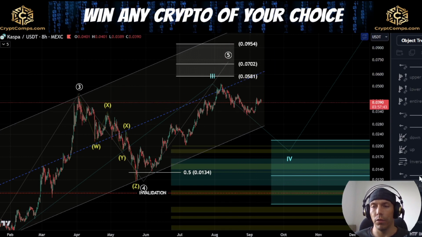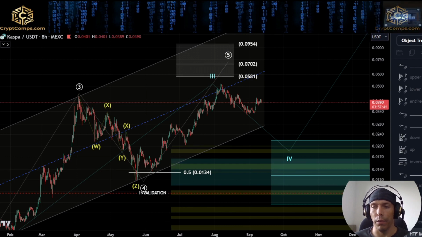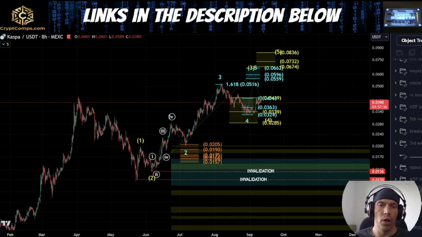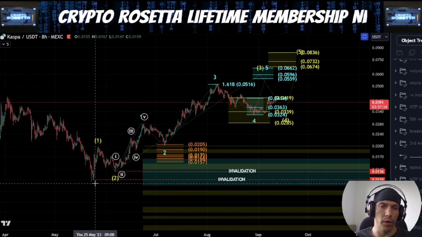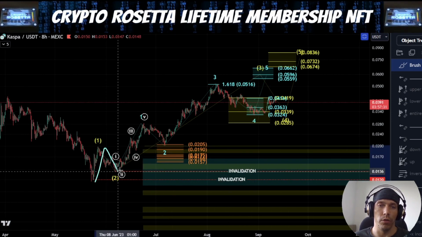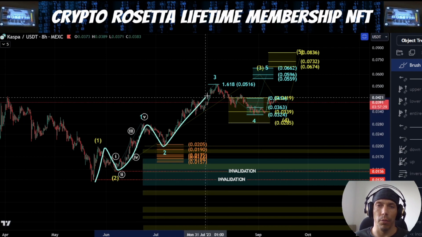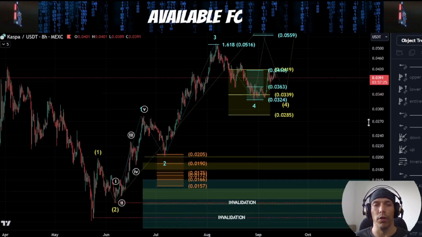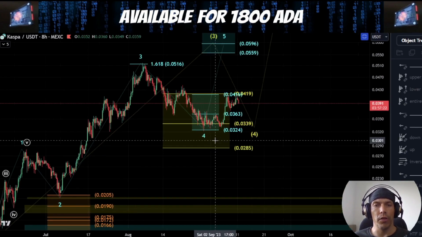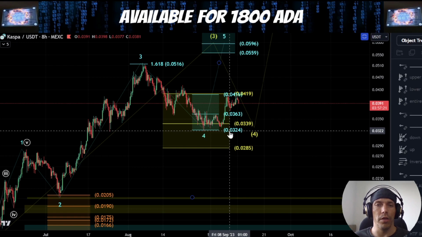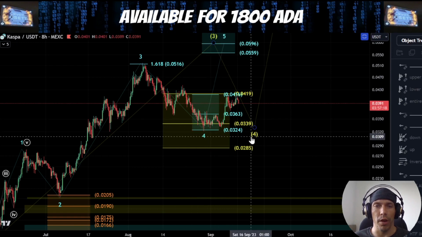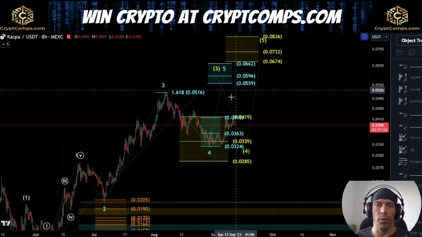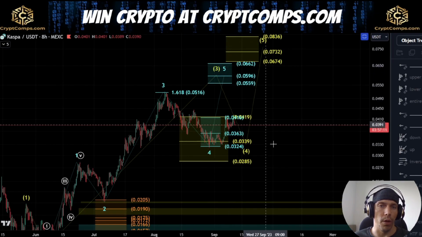Now, within this count, like I said before, we do have a few variations of how we are looking at this move. So within the impulse, this is the one which is looking for the extension, in which case we're saying that this is 1, 2. We have another 1, 2 here, and we're looking for this potentially as a 3, 4, and a 5 within the blue wave count. Now, within this idea, we've actually come down and we've hit this lower range that we want to see here for a fourth wave already at this 0324 region. And then we are looking for the potential of seeing the blue fifth wave to the upside.